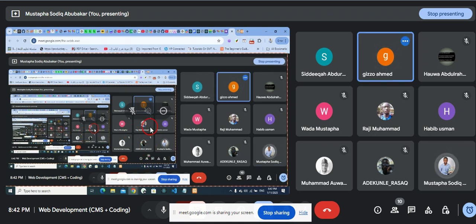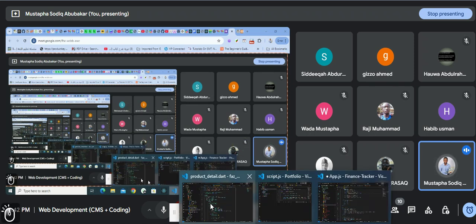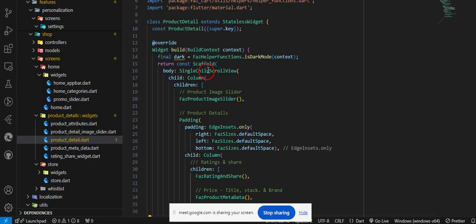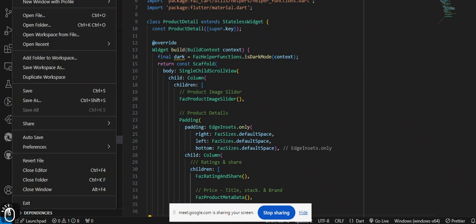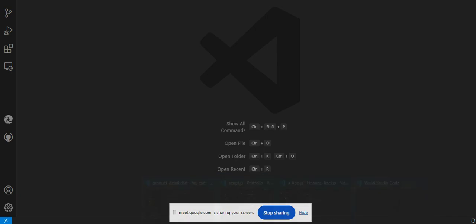So please, any more questions, please? And for the coding aspect, you are expected to have downloaded this. Sorry, I'm coming. You must have downloaded this software called VS Code. This software like this one that you are seeing here, VS Code, right?